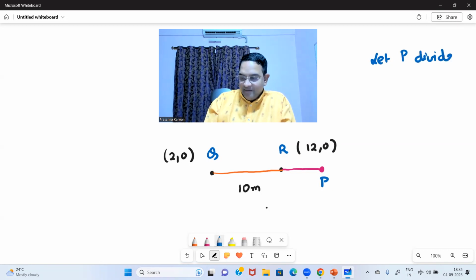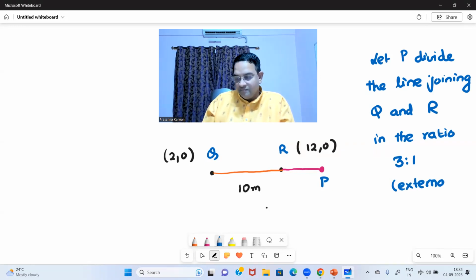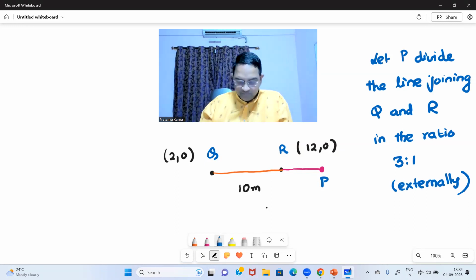So let P divide the line joining Q and R in the ratio 3:1, not internally, but what? External. Then, correct. Then what should be this distance? Just with common sense, you can answer. This distance must be 5 meters. If this should be 5 meters, then the point P will be